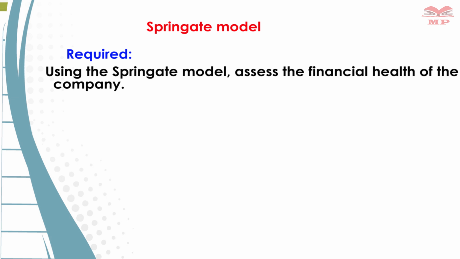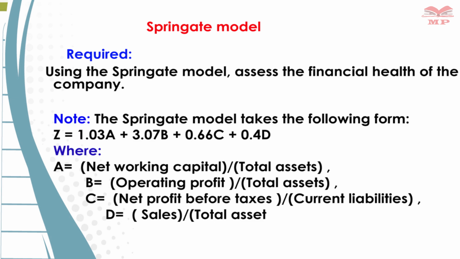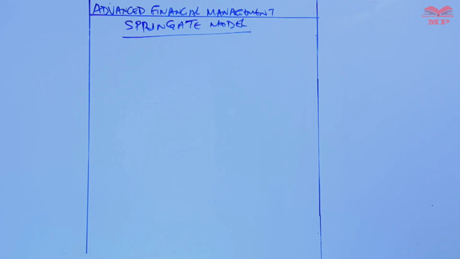Then you are given the formula. And this is a past paper question where the examiner gave the candidates the formula. So you can see from the formula, using the Springate model, assess the financial health of the company. So from this is the solution. Candidates were to calculate the